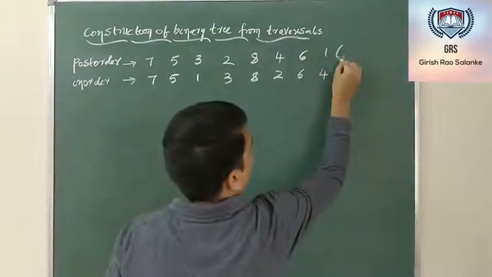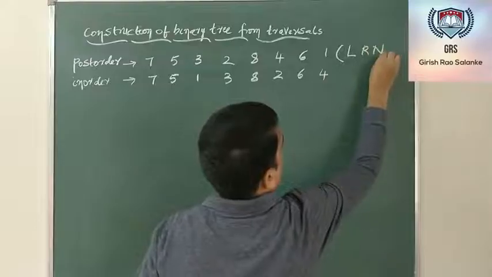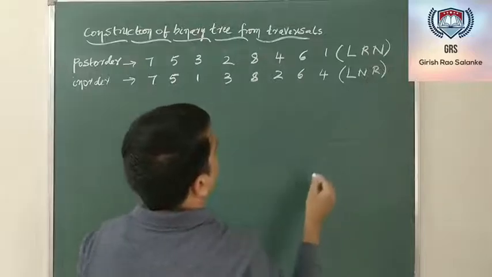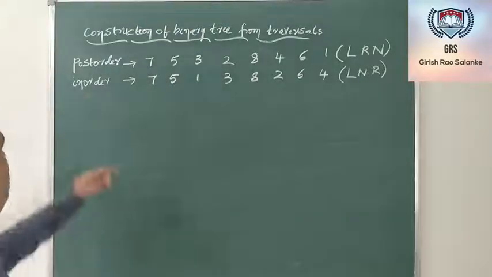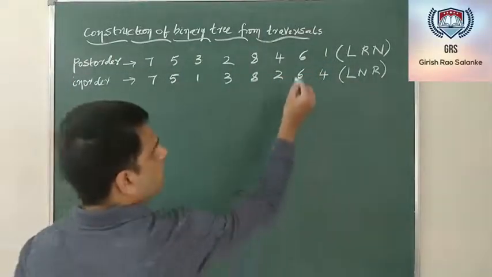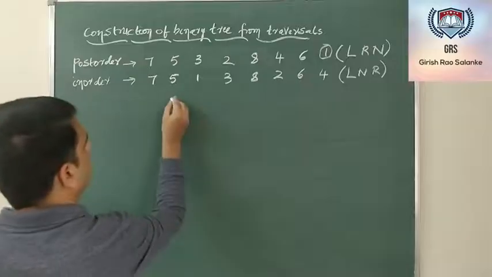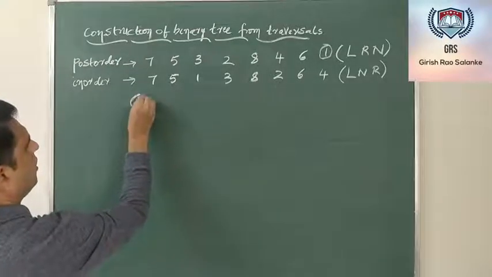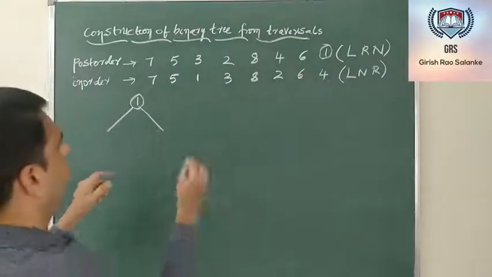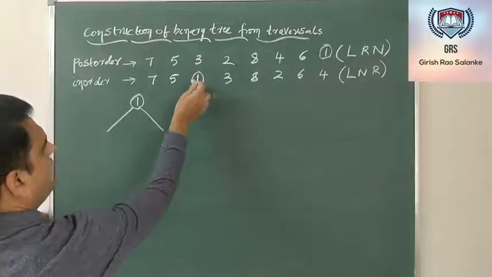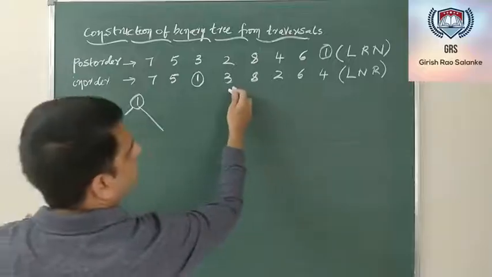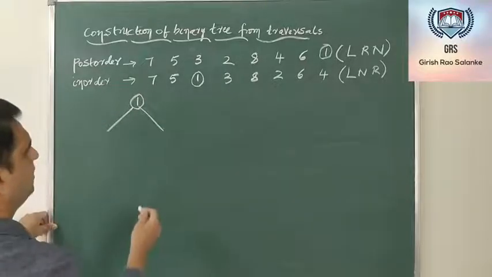Now what is the information that I know about post-order? Post-order is first left, then right, and then the node. In-order is left, node, and then right. From post-order, one thing that I know is the last node has to be the root node. So from this, I get the root node 1. Now check 1 in the in-order. To the left side of 1, these two nodes have to be the left subtree, and the remaining 5 nodes have to be the right subtree.